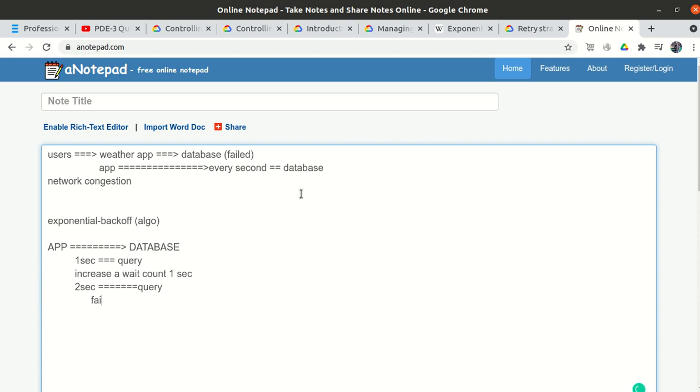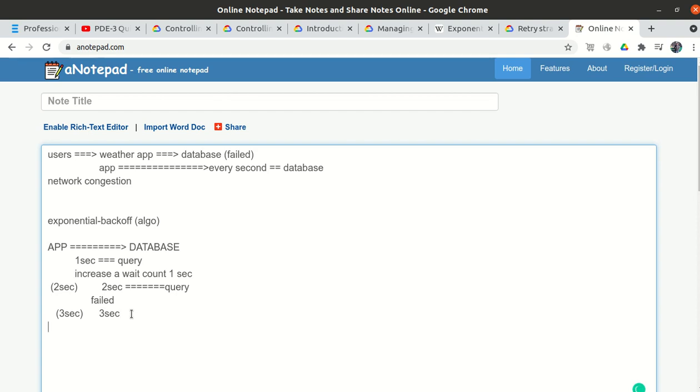Let's suppose again it gets a failed response. The next query it will retry after 3 seconds. That is, it will first wait for 3 seconds after the failed response, then retry.